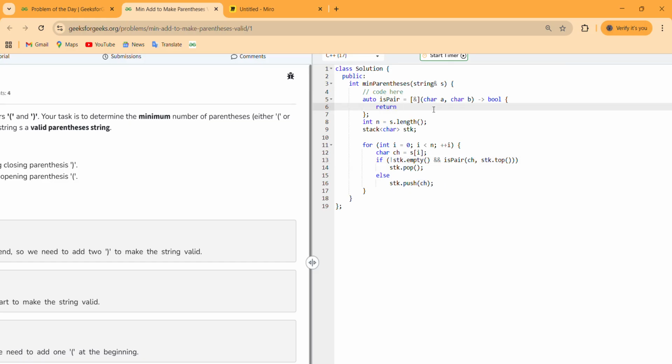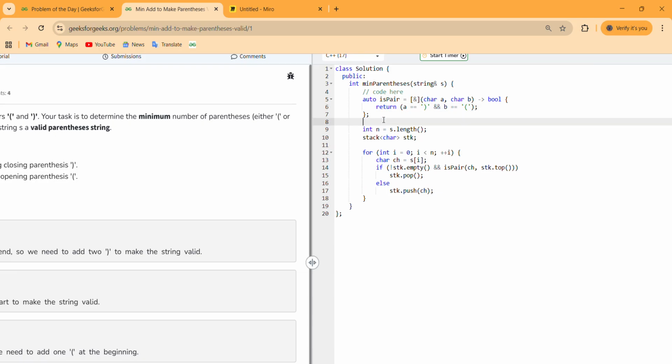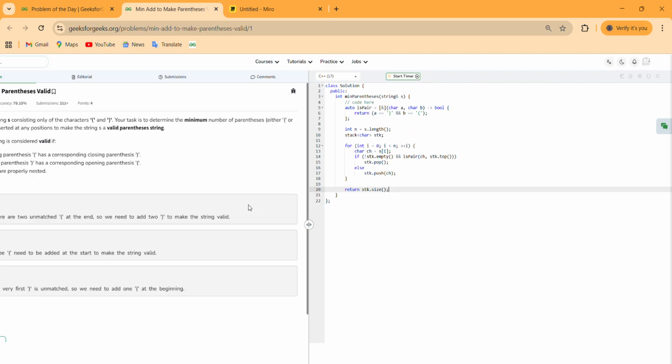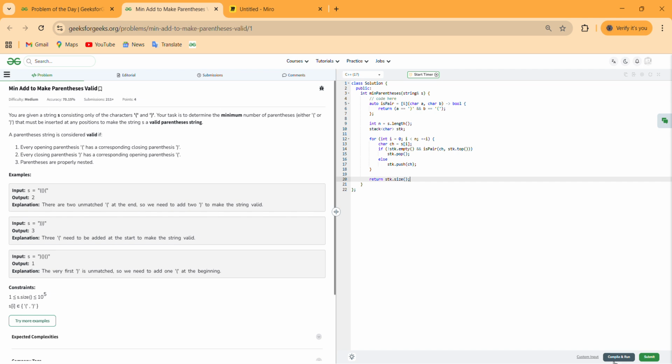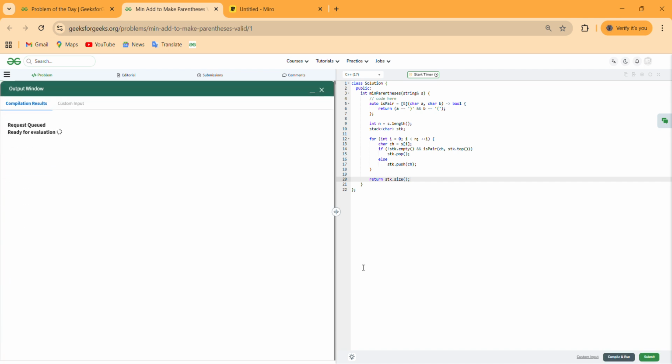So our condition gets true when A is equal to a closing parenthesis and B is equal to an opening parenthesis, only then. Finally, we just have to return the stack size as our answer. So this is the code for this problem. Let us run this and check if it is running fine or not. It is running fine, so let us submit this.